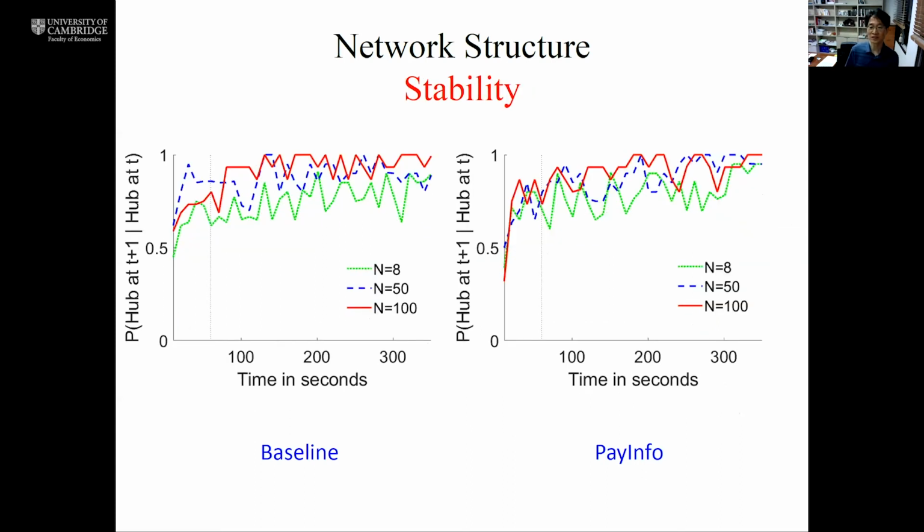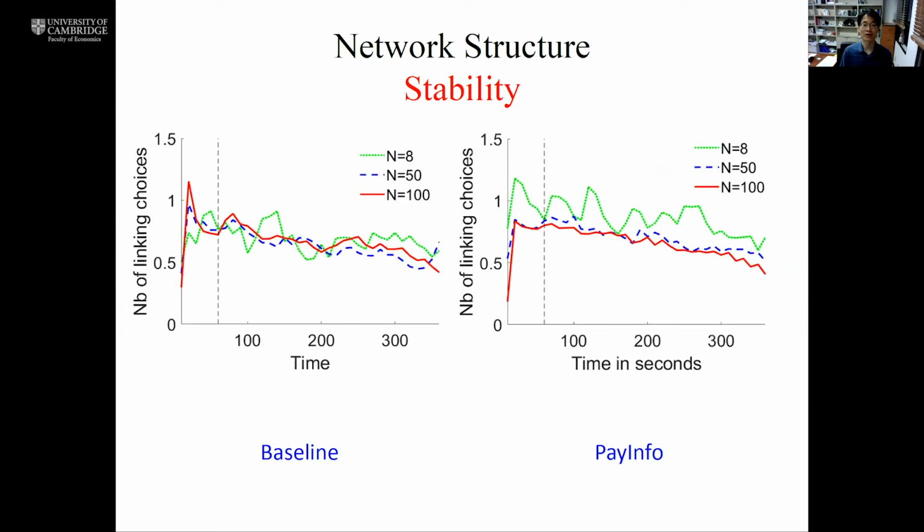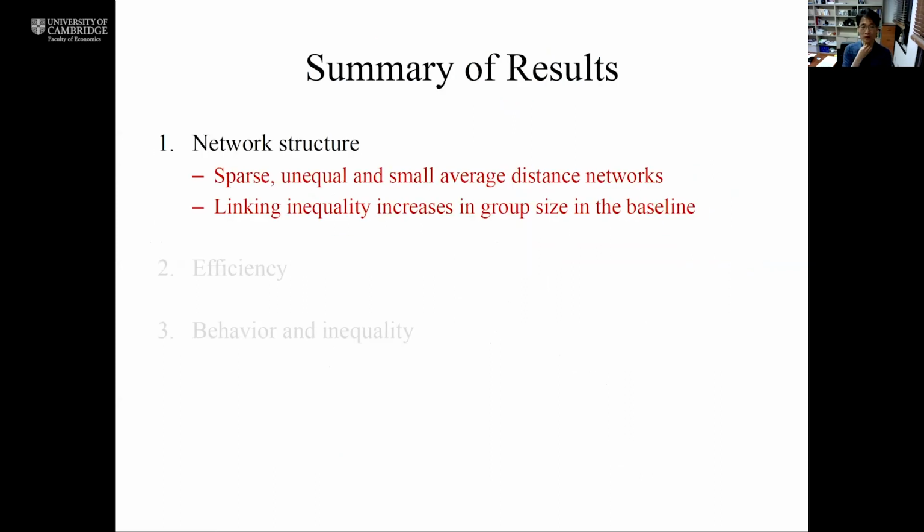Stability is again relatively high, so that once a hub emerges, that person is very likely to be the hub in the next time interval of 10 seconds. And again, we observe the declining pattern in the number of activities, in terms of the number of linking choices. From all this, we can conclude that the network structure subjects create is a sparse and unequal, small average distance network,